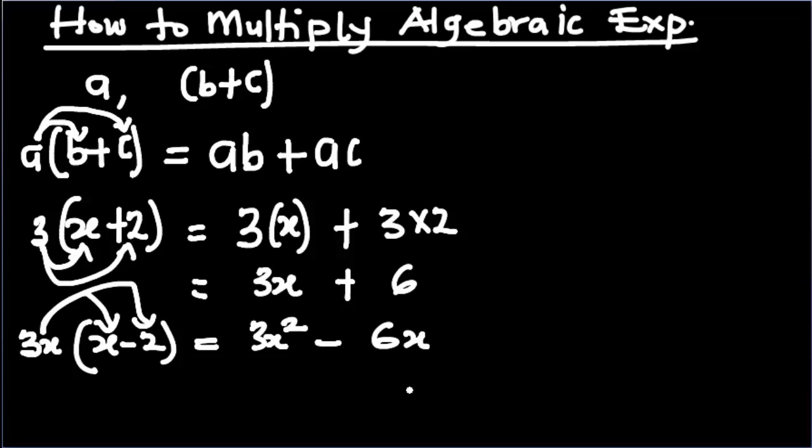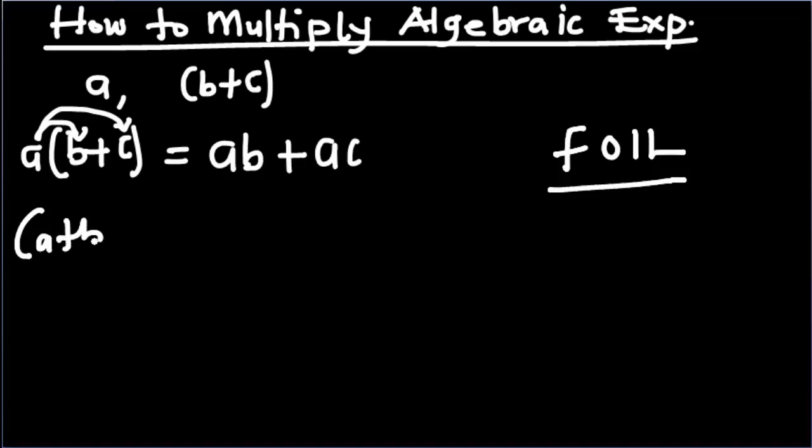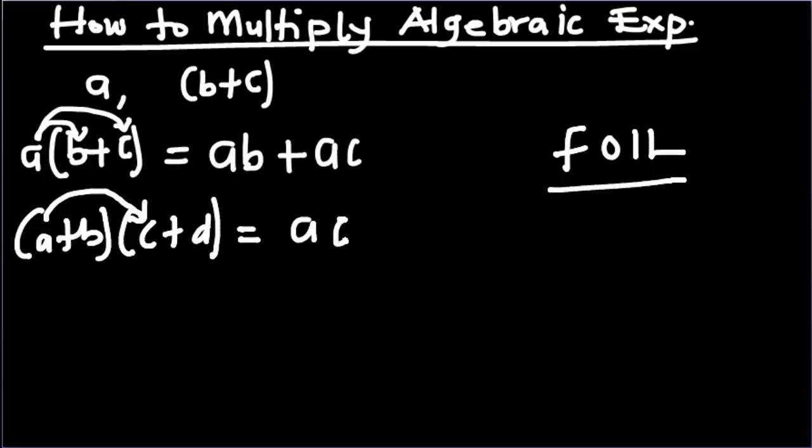So suppose we want to multiply two binomials, then the acronym FOIL is used to remember the product of them. So you're going to use FOIL to remember the product of multiplying two binomials. So when we have a plus b, then c plus d, this F here stands for the first term, so this will multiply by that, which gives us ac